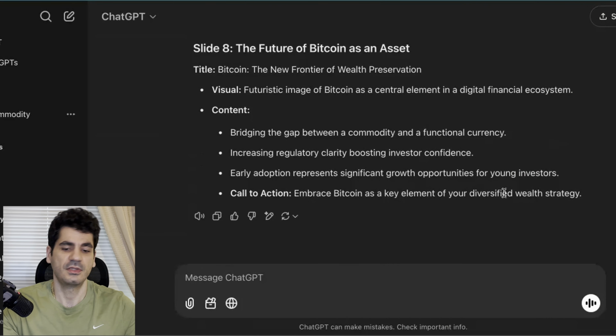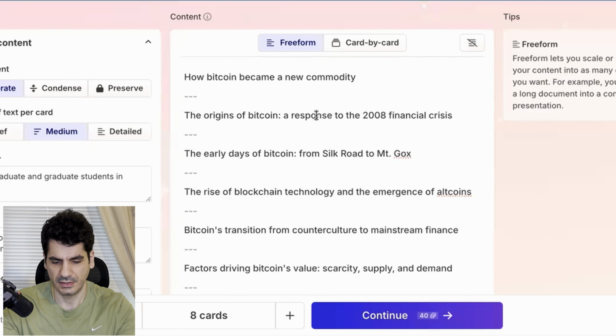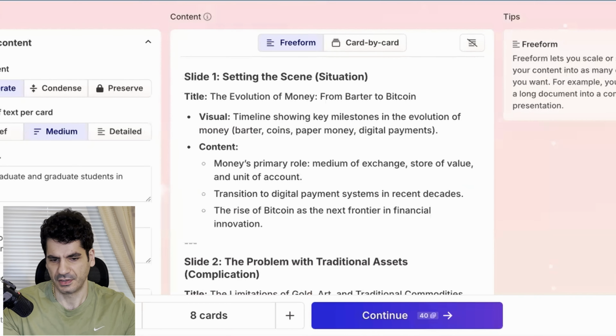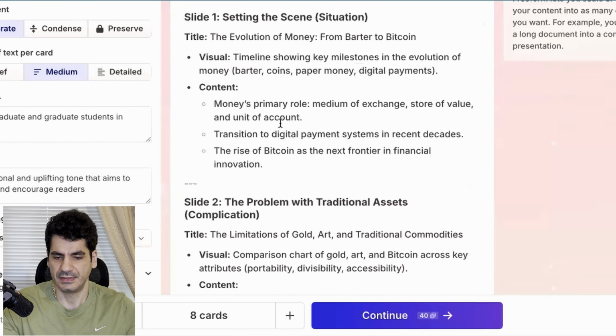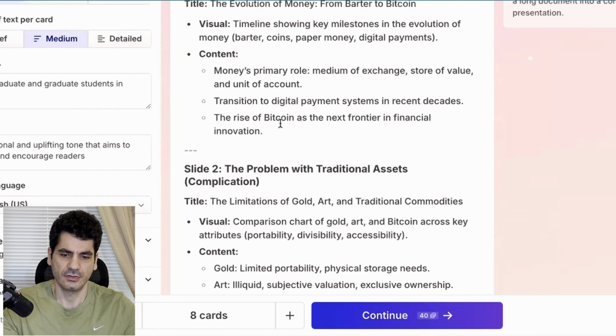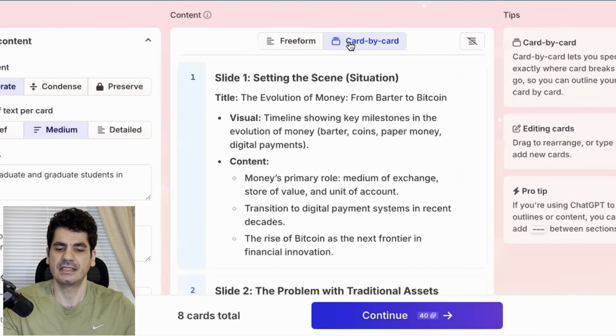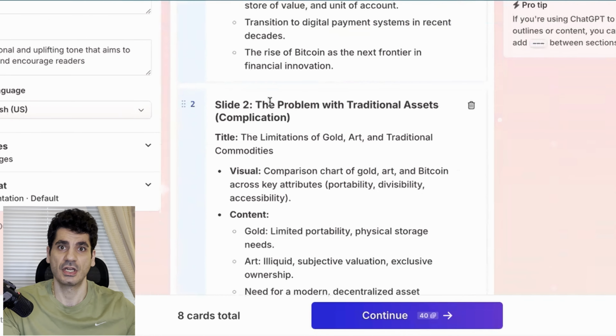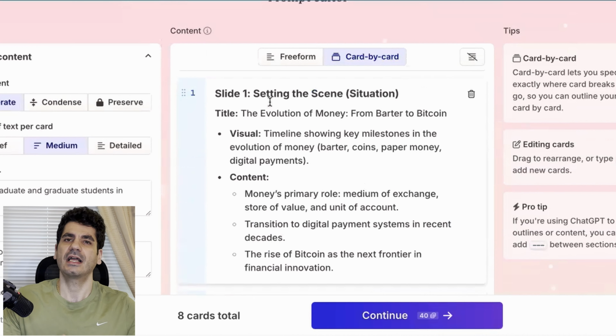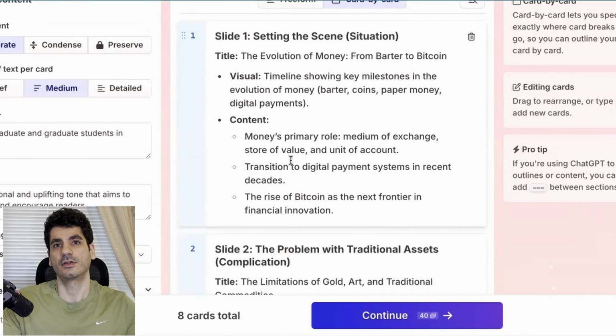Now that ChatGPT has finished, we can copy it in here and then come back to the Gamma app, delete everything, and paste things in here. This will create the content for you. Then you can go car by car, and it basically has everything from ChatGPT in here, and it's going to be a lot better compared to the generic response